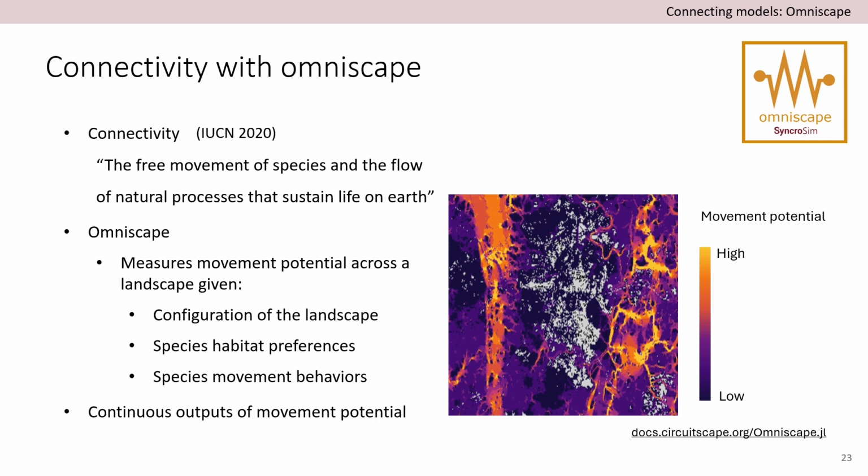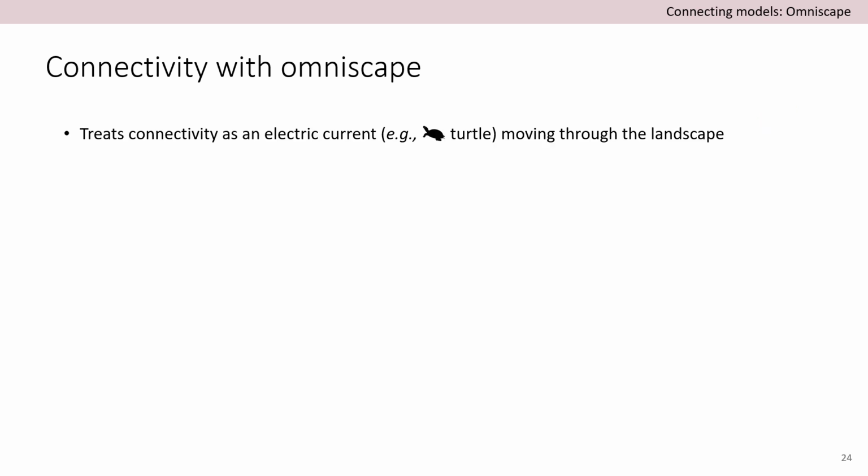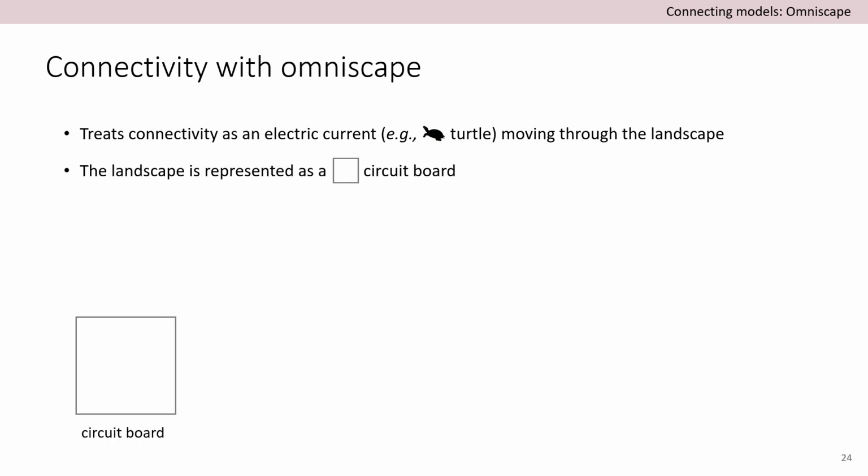And then Omniscape outputs this continuous result representing potential for movement flow through the landscape, from a low probability of movement in dark purple all the way to the bright colored areas representing high probability of movement. So just really quickly, Omniscape treats the electric current as the species that is moving through the landscape. The landscape is your circuit board. And then there are